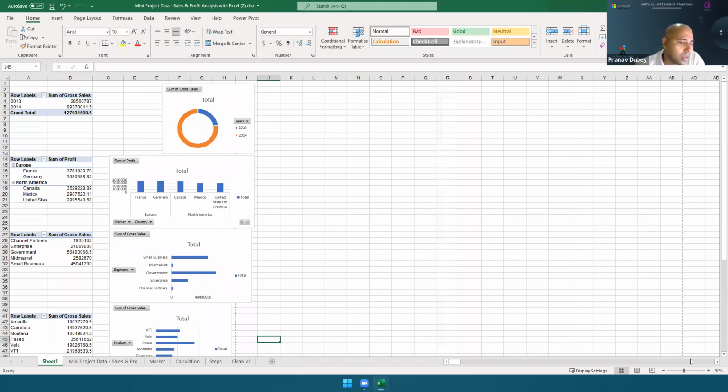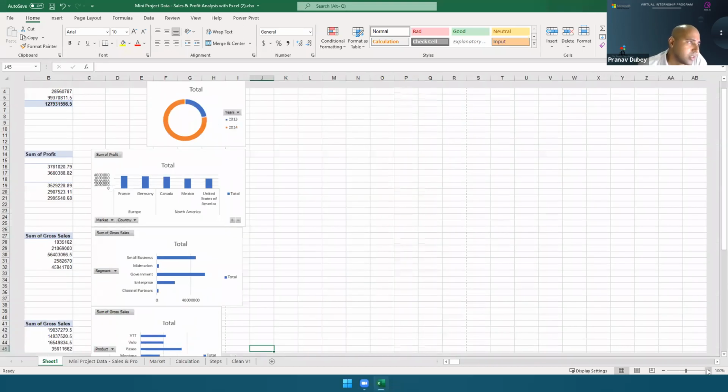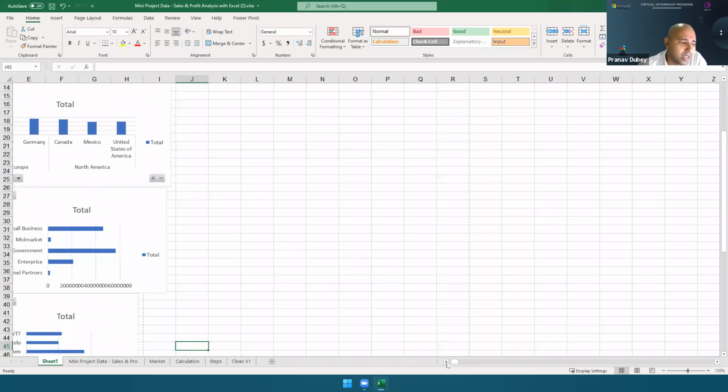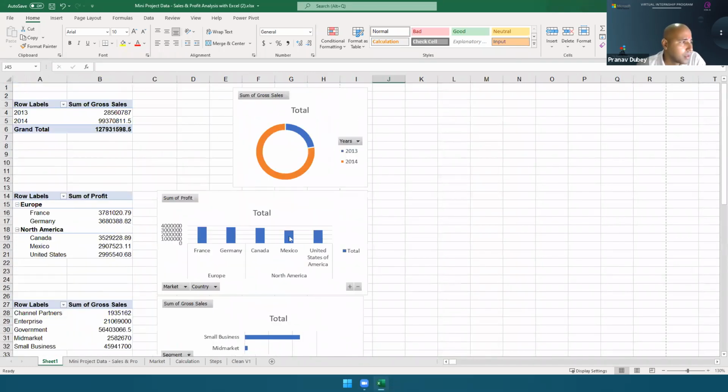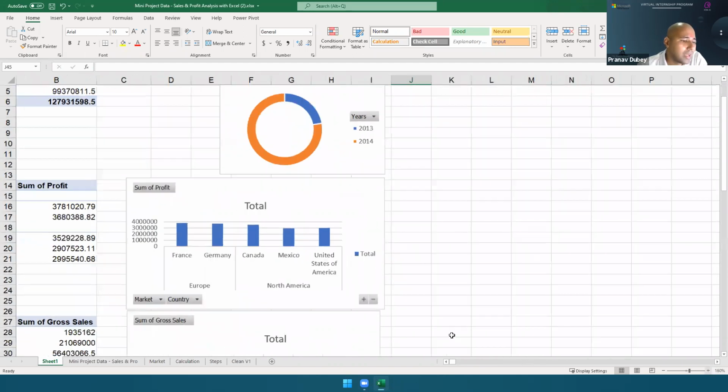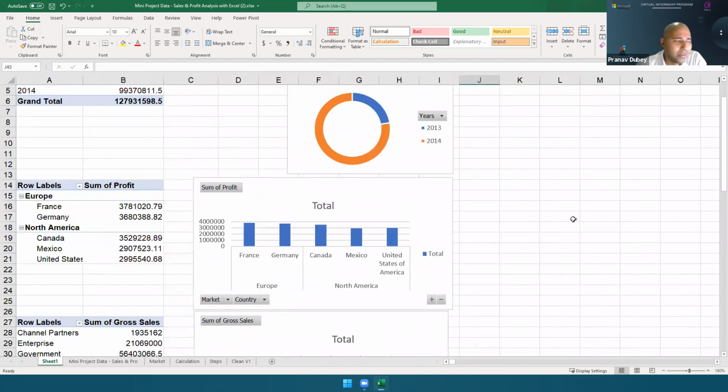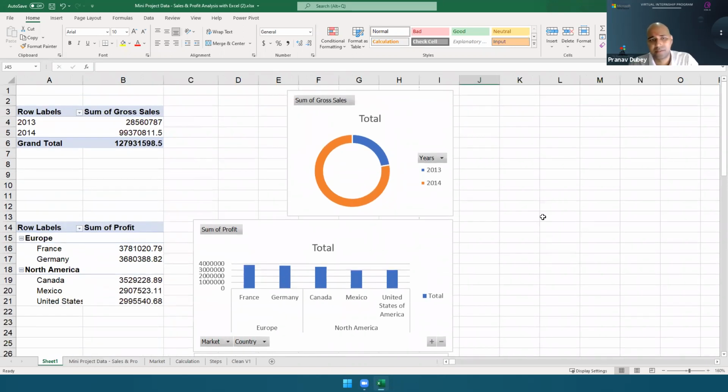Now, we will learn some formatting, how to format our charts. You see that on Microsoft Excel, we cannot create very interactive and very beautiful charts. We have some limitations, and that's why we have Tableau and Power BI. But here a simple analysis, simple visuals we can still create.